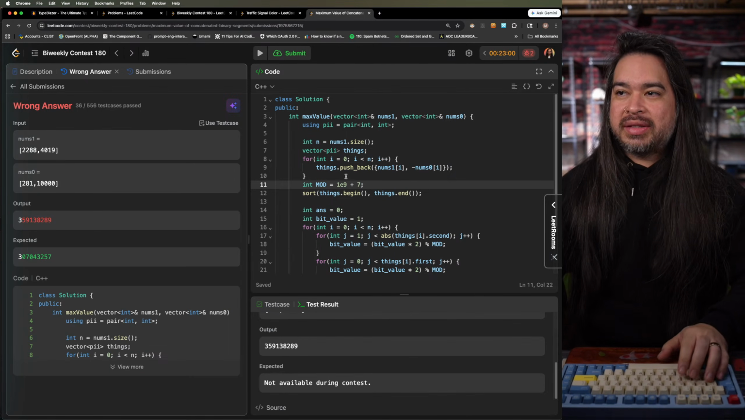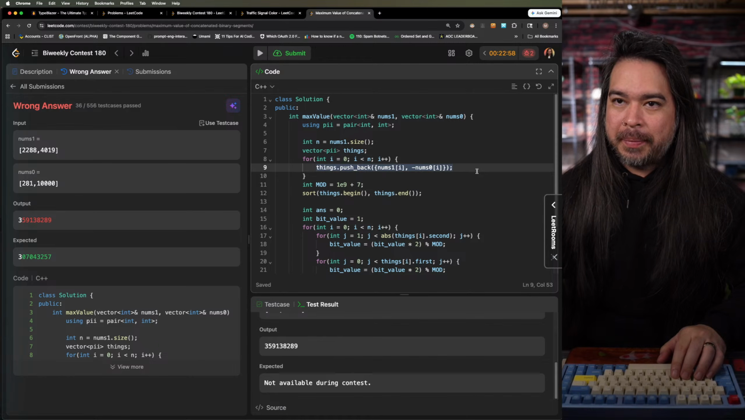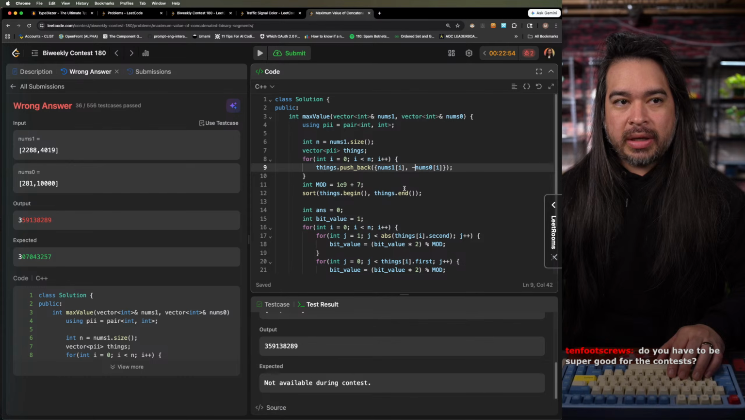Alright, so I still think I gotta zip them up. But now I don't know how I need to sort them. Do you have to be super good for the contest? No, I think